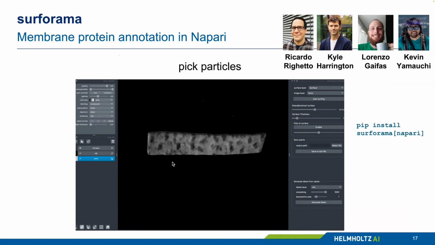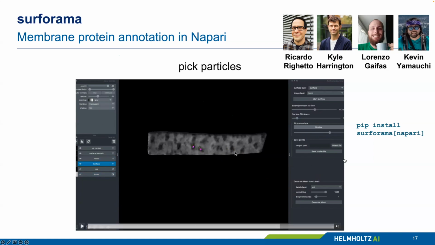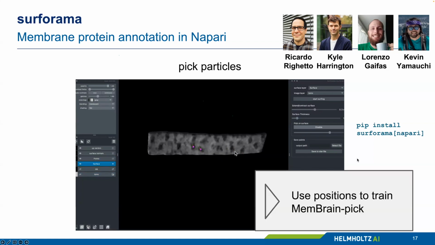So you don't need a huge Windows machine anymore with strong GPUs, but you can ideally just use this Napari plugin and then click a couple of points. So what happens here is that you take a mesh representation of the membrane, and then the densities of the tomogram are projected onto the surface of the membrane. So you can really see where the proteins lie within the membranes, and then you can just click a bit and generate some nice ground truth that you can then use to train a MembranePick model.